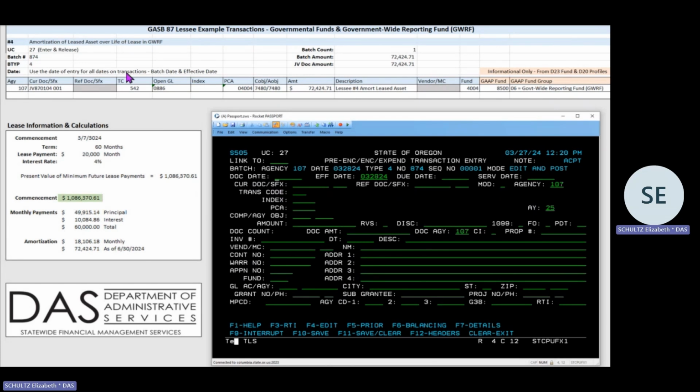Input the information from the entry above into the screen. I'm going to keep the effective date the same as what populated. I'm going to enter my JV document in the current document field. Enter the T code, the PCA, the agency object, the amount, document amount. This document amount will be the same as the transaction amount since there's only one transaction. The description,